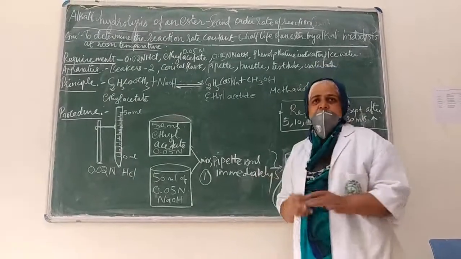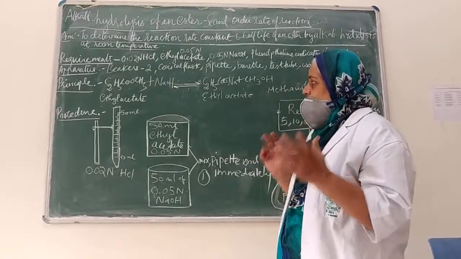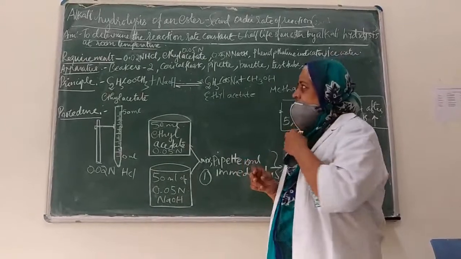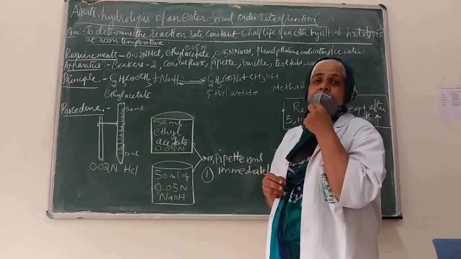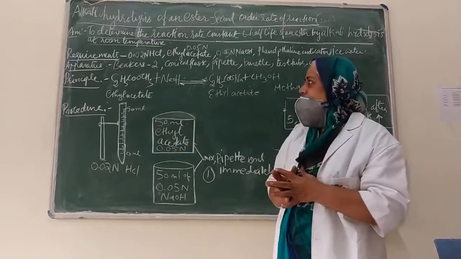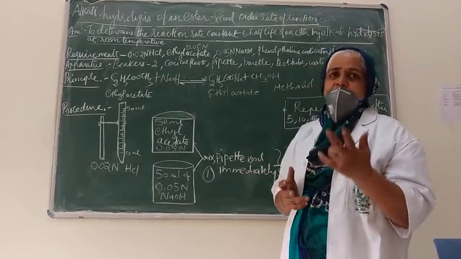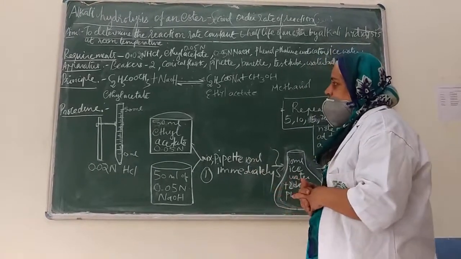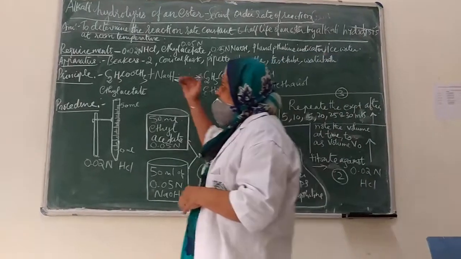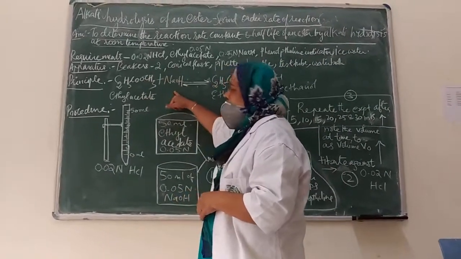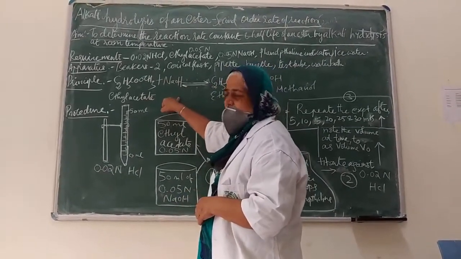The concentration of both the ingredients is important. So the molecules of the ester as well as the alkali are going to equally participate in the reaction. So this reaction becomes a second order rate of reaction. Here the concentration of the ester and the concentration of the hydroxide, that is the sodium hydroxide, are